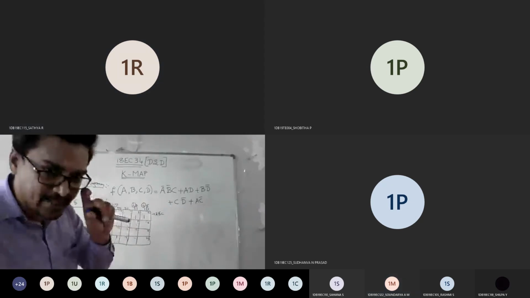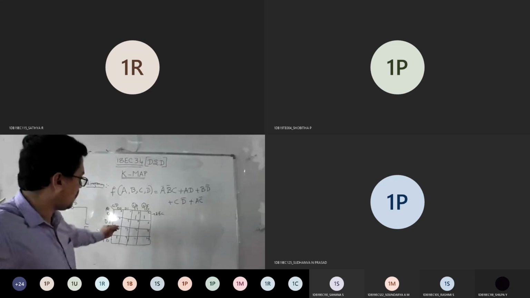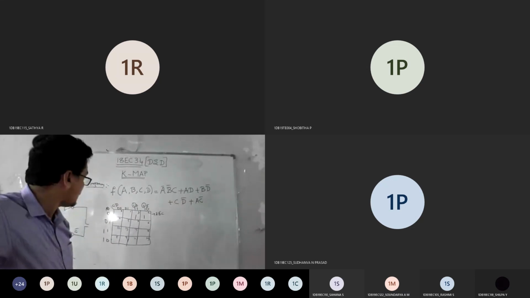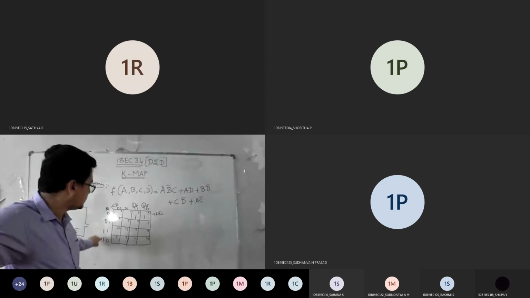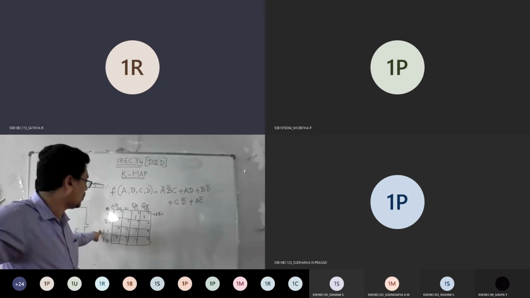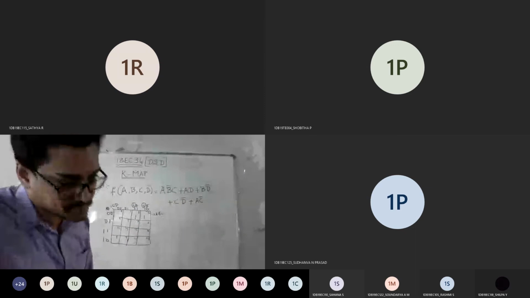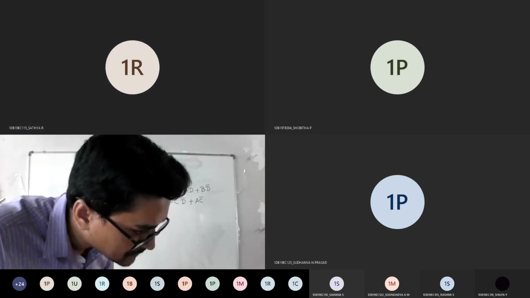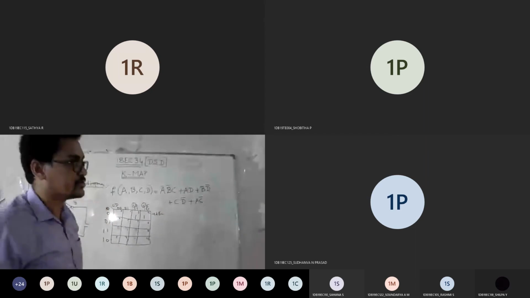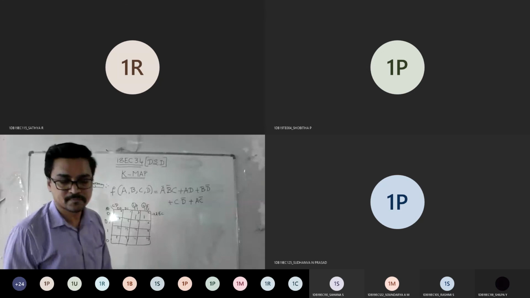Now can you tell me for AD? I want only AD as the answer. For that, what should I do in the K-map? Where is A? A possibilities are in these two. So you want A possibilities in these two, and then you want only D. Now tell me what can be done. Quad. Very good. So quad from here to here, or from here to here? Where should I quad?